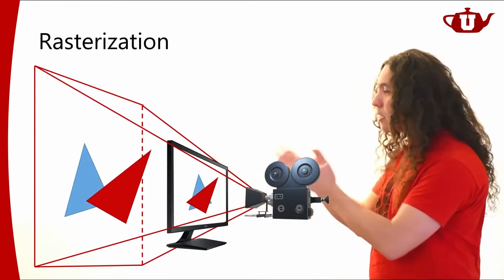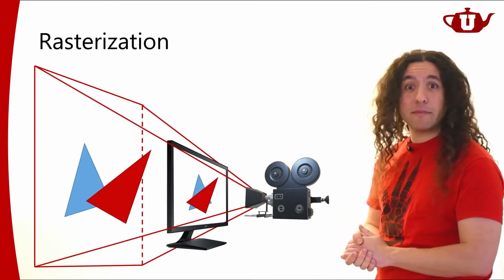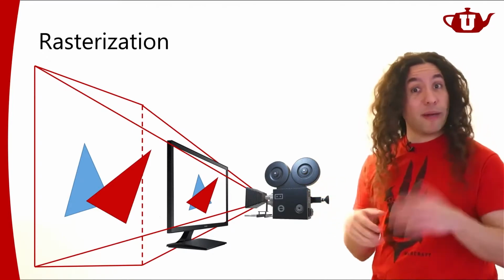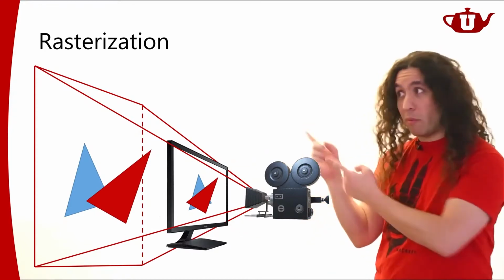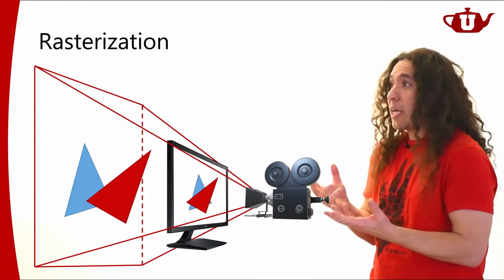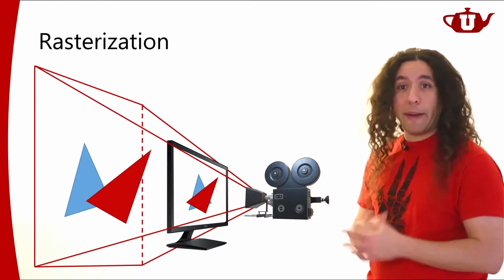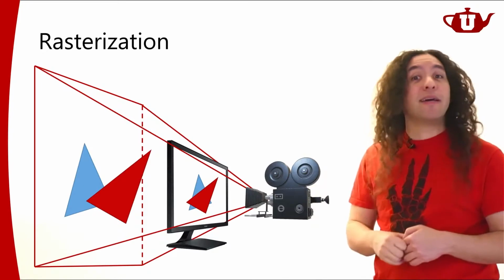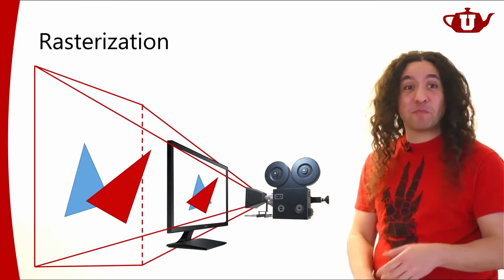And while I'm shading this blue triangle, I don't know anything else. I don't know where the red triangle is. I don't know if there are any other triangles here. I may know where the light source is. I'm sending that information to my fragment shader, so I probably know where the light source is. But there's no way of checking if there's anything between a fragment here and the light source. The rasterization algorithm does not give me any way of asking that question. So what are we going to do?